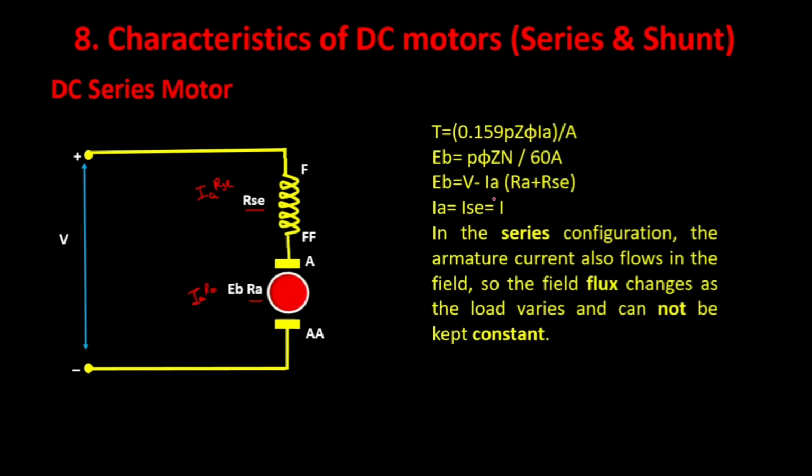Now here the drop could be written as Ia Rsc. Okay, and the drop over here can be written as Ia Ra. Correct. What is the difference in between the series and the shunt circuit? There, this component was missing, but here you find this component is an additional component. So if I want to write the formula, I can write it like this. So the formula will now change. Previously, you were having V minus Ia and Ra, but now there is addition to this resistance, that is Rsc.